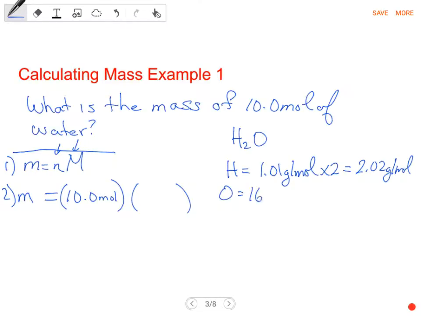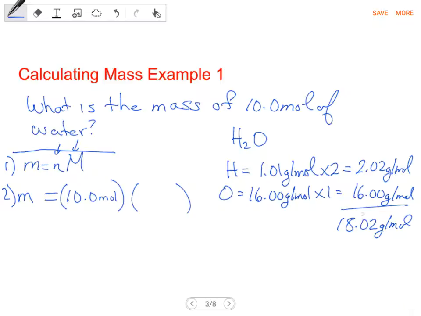Oxygen is 16.0 grams per mole. We only have one of those, so that's 16.00 grams per mole for a grand total of 18.02 grams per mole. Now that's your molar mass, everybody, so that's going to go into our formula, 18.02 grams per mole. You'll notice that I had my blank formula. I've inputted my values with units, and now it's a simple, straightforward